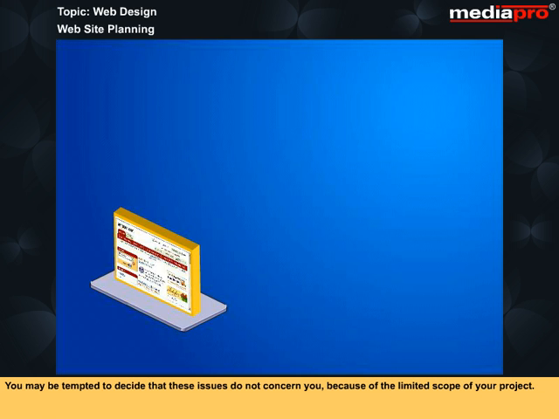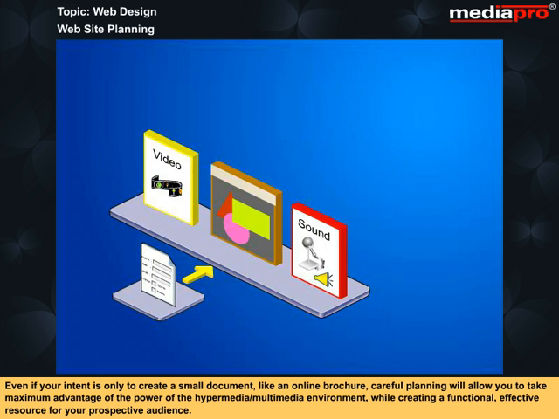You may be tempted to decide that these issues do not concern you because of the limited scope of your project. Even if your intent is only to create a small document, like an online brochure, careful planning will allow you to take maximum advantage of the power of the hypermedia or multimedia environment while creating a functional, effective resource